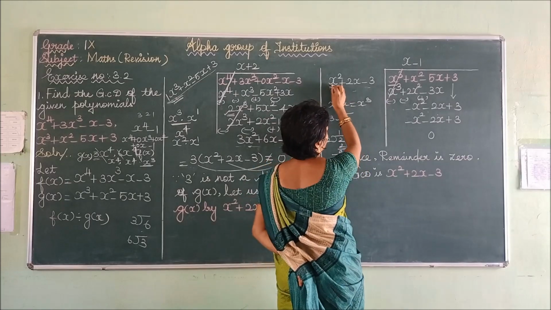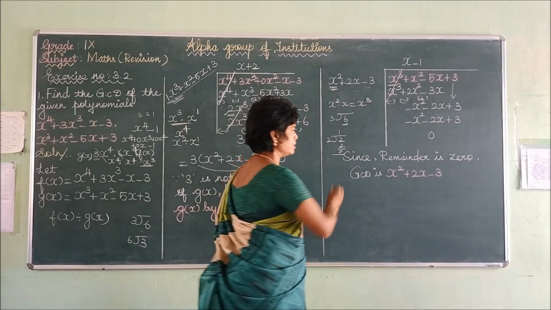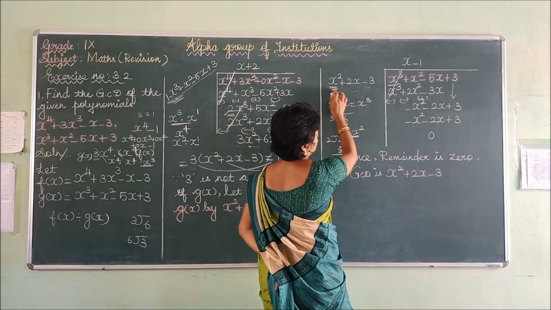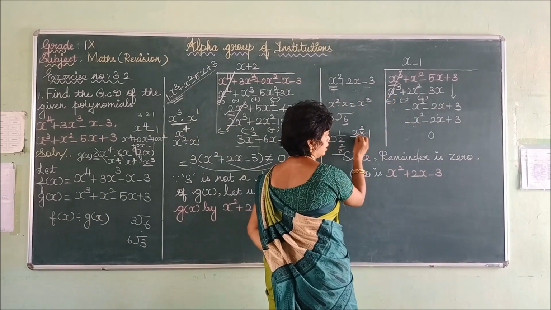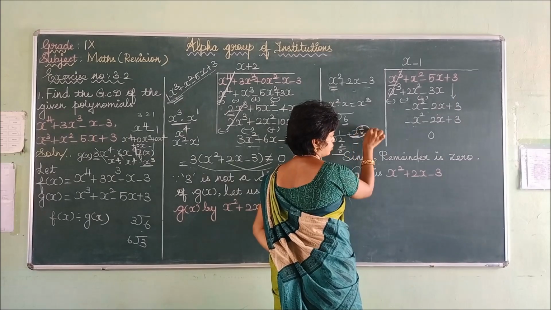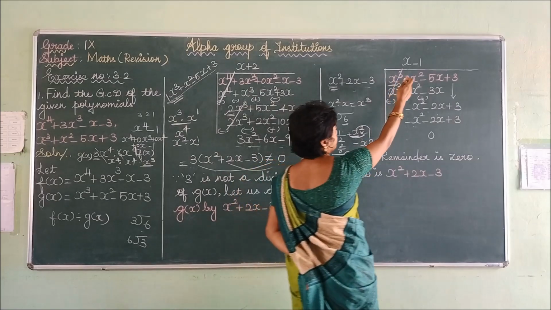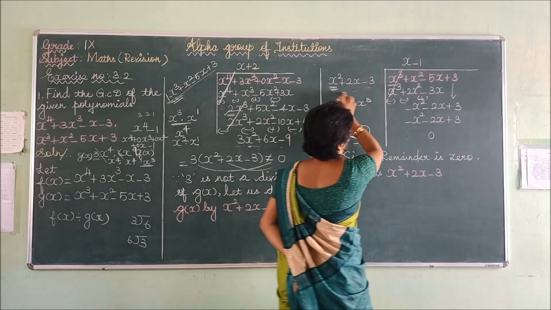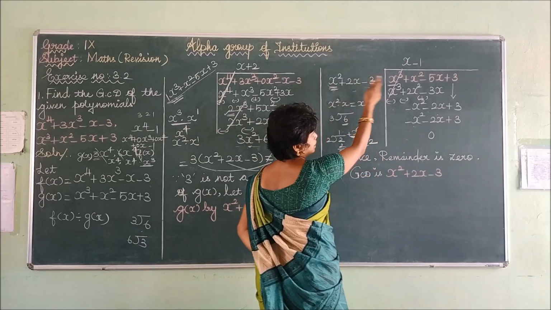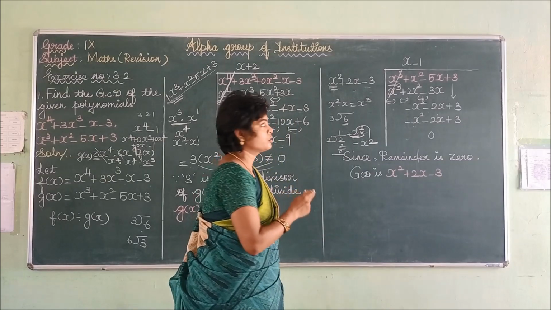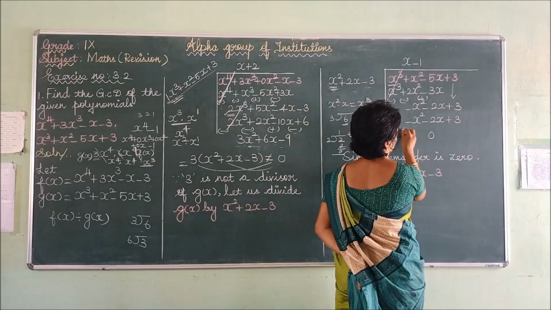Similarly, when x squared becomes x squared, if you put minus 1 only, it will become x squared, as it is already x squared in the divisor. When it becomes minus x, if you multiply it with minus 1 only, plus into minus is minus. I think now you can understand, and put minus 1. With this minus 1 you multiply throughout the function. So minus 1 into x squared is minus x squared, minus into plus is minus, 1 into 2 is 2x, minus into minus is plus, 3 into 1 is 3. Now sign changing.